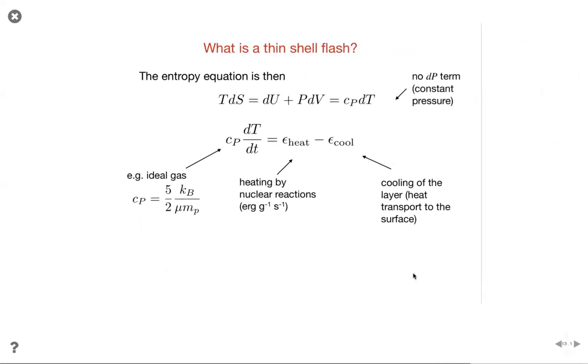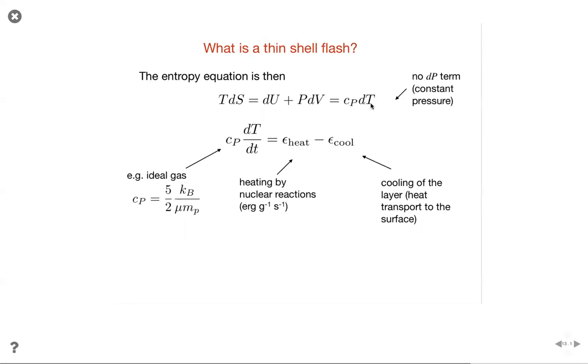Why does a thin shell experience a thermonuclear explosion flash? This is explained when we consider the entropy equation, which is just a well-known thermodynamic law. In this case, we assume that the pressure doesn't change, because pressure is determined by the weight of overlying material, and we are interested